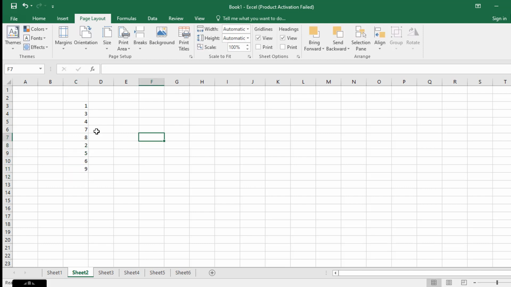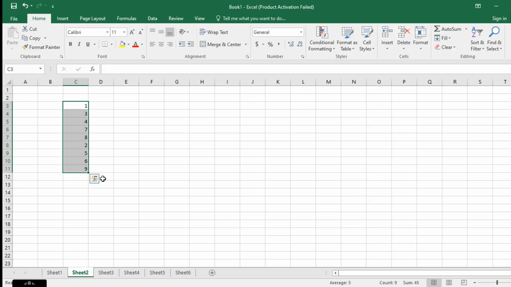Now we need to sort the numbers. Sorting can be done in Excel. Go to Home. On the right side you have Sort. Sort from smallest to largest. Now you can see that the numbers are arranged in sequence from smallest to largest.